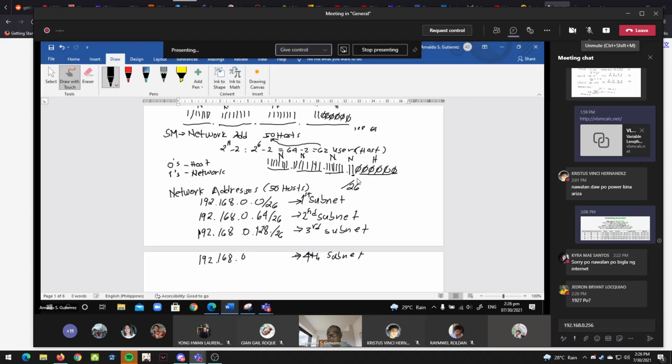Yung pinakahuling 1 dito sa nakuha natin, palagi lang po yung ina-add natin to get the next subnet mask ngayon. The subnet is 19... Yes, 192 slash 26 lahat yan. Pasok ba yung 50 users dito? Yes po, no? Kasi